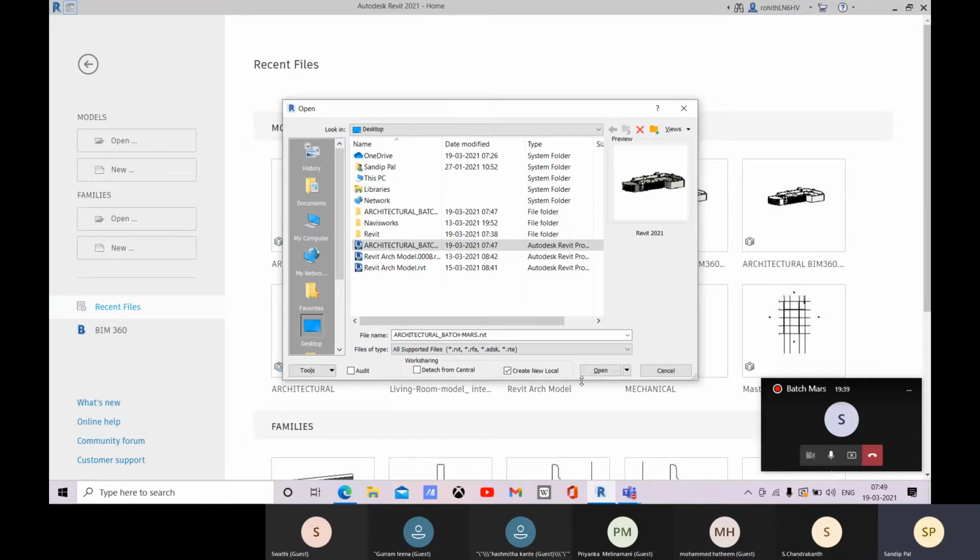So always go for create new local, and then go for open. Or this may hamper your other team members if you work with your central file. They will also be doing this create new local, and they will be working with their local file, and all together you will be updating into that master file, the central file.